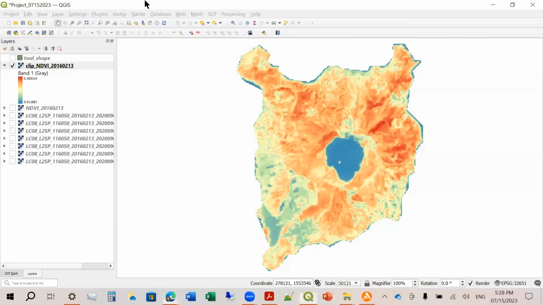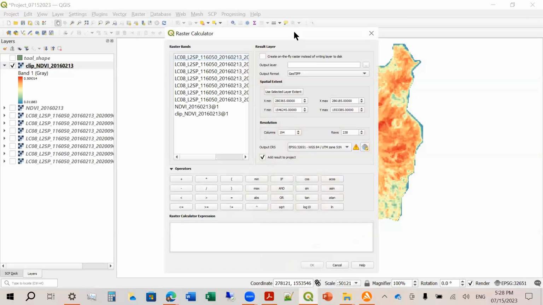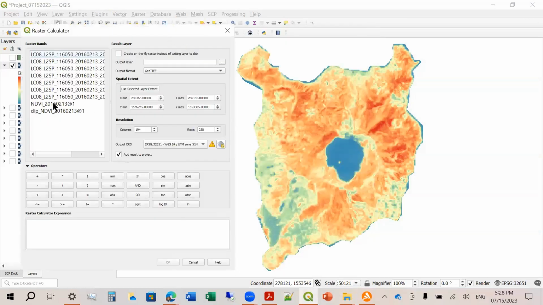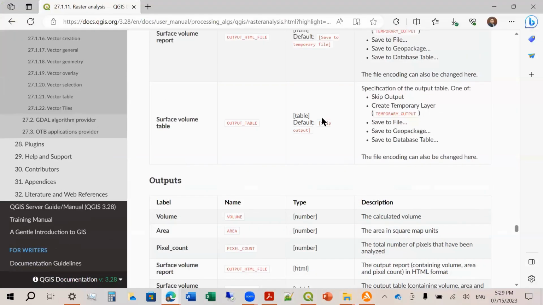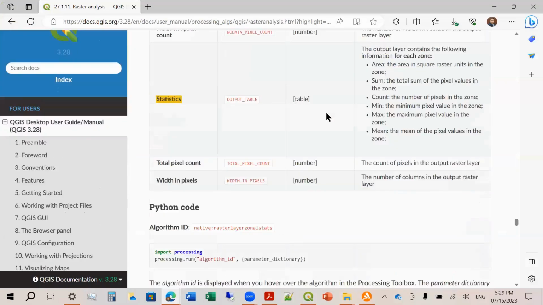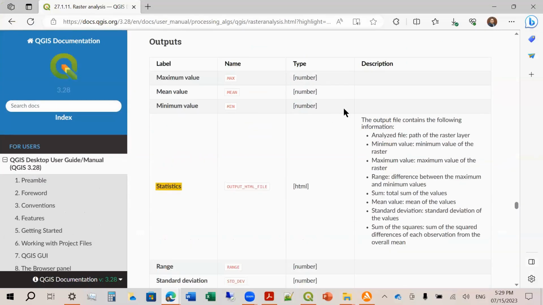Okay, so let me just go over here. Let's go to raster, the raster calculator, and then it's the flip NDVI. Is there a mean here? Oh, there is one here. Wait. Okay. Description.